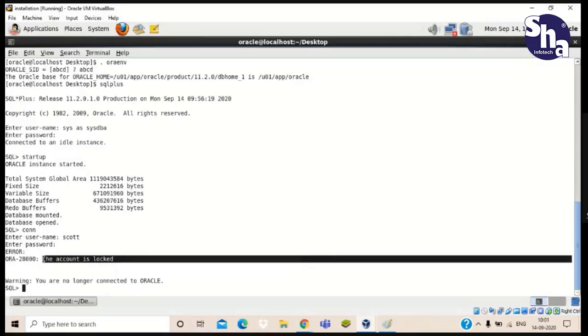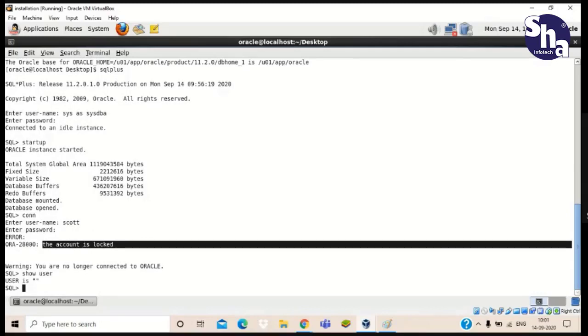For unlocking it, there is one command I will tell you now, if you have time. First of all, for seeing which user we are in, we use the show user command. You can see there is no user.